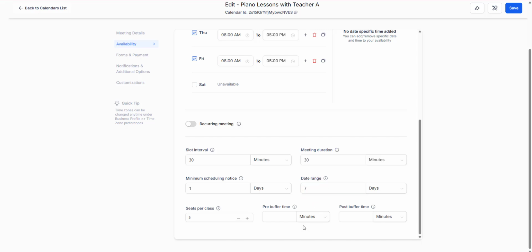And you'll also see the pre-buffer and post-buffer settings. And these settings give your teachers some breathing room. So if they need 10 minutes to prep before a lesson or wrap up after a lesson, you can add that time here. So just make sure to hit save at the top so you don't lose the updates made